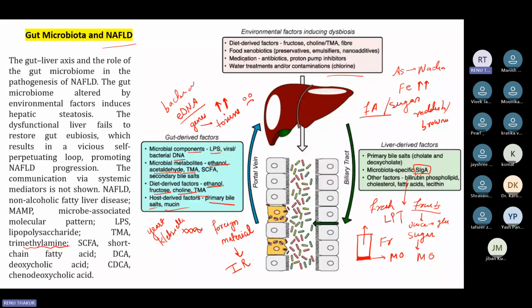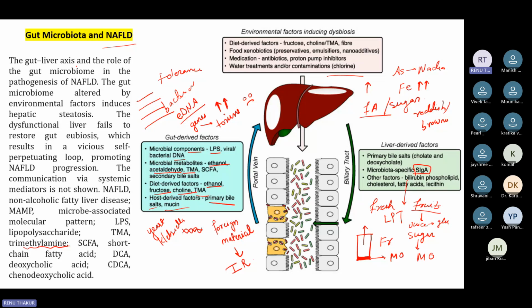So water treatment, and because chlorine is there in our water, municipality water is rich in chlorine because they chlorinate the water to make it safer for drinking. If the chlorine concentration is increased beyond the tolerance level, anything beyond the tolerance level is always fatal, because there is some sort of threshold limit set for every living organism. For humans it will be different, for microorganisms it will be different, for plants and animals it is different. It all depends on our own genetic makeup. So if you are using anything beyond the tolerance level of your body, it will harm you in every possible way.